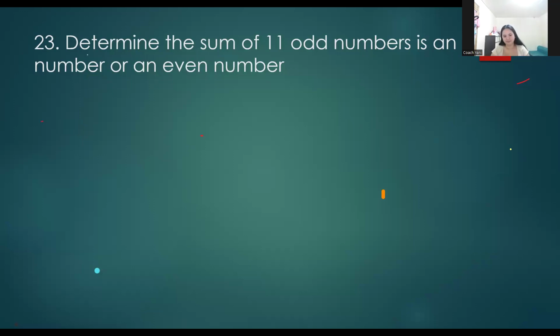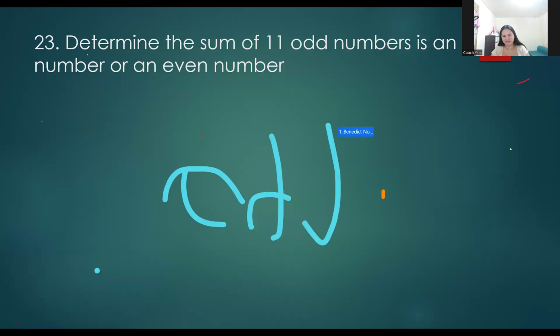So the answer is odd. So 1 plus 2 plus 3 plus 4 plus 5 plus 6 plus 7. This is 6, 15, 25. So you just added 11 numbers. Is that correct? It's odd because 42 plus 21, it is 63. So it is odd because